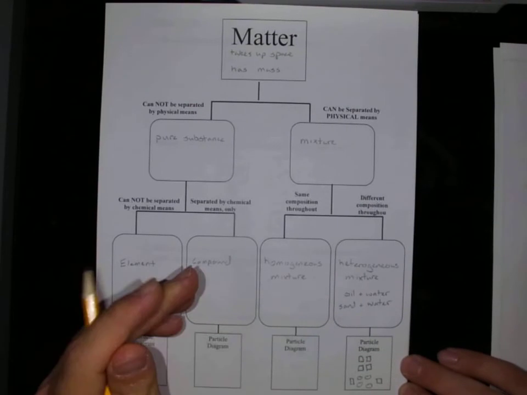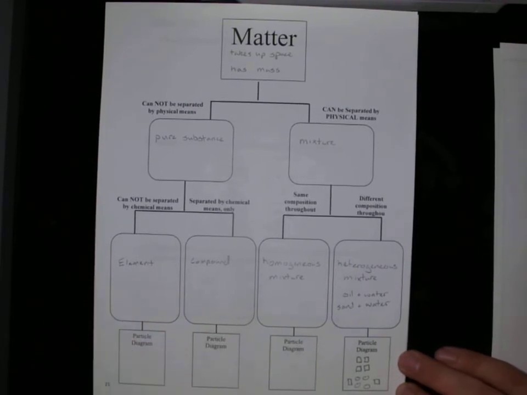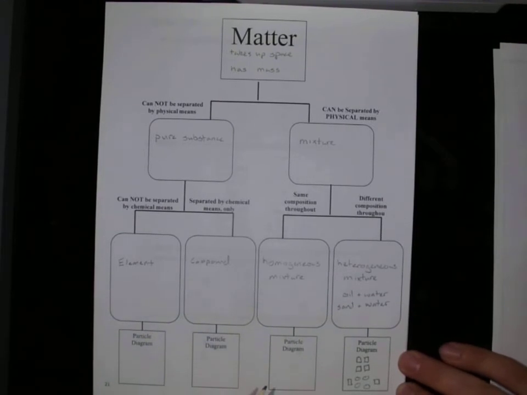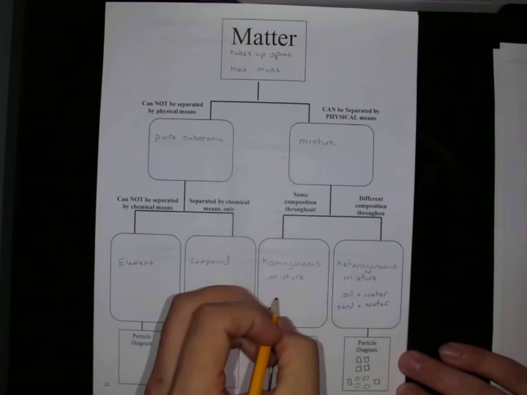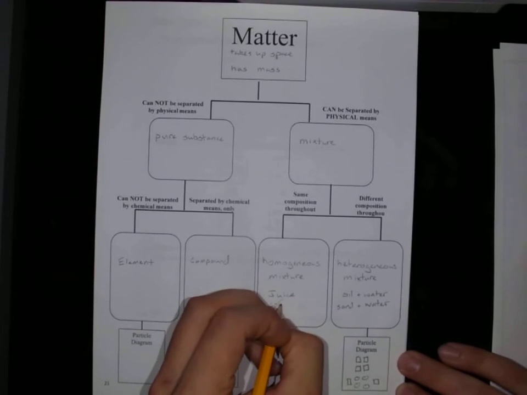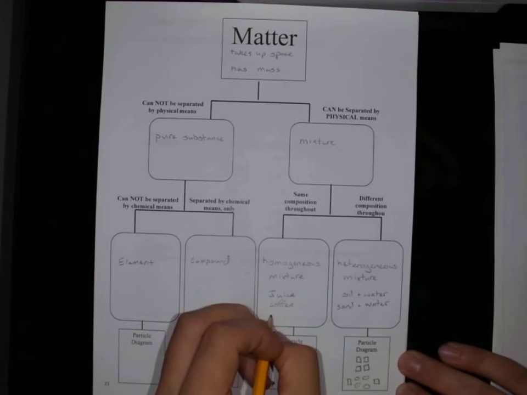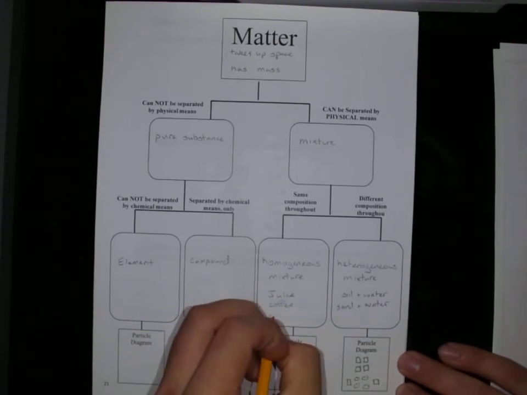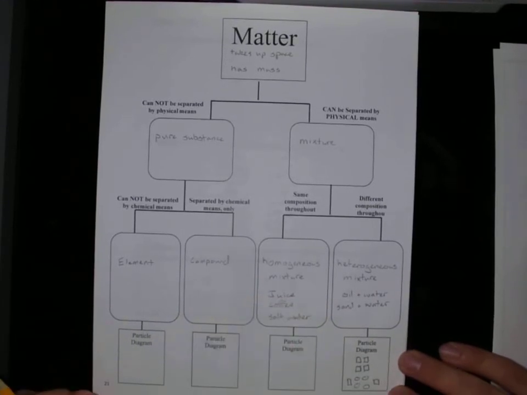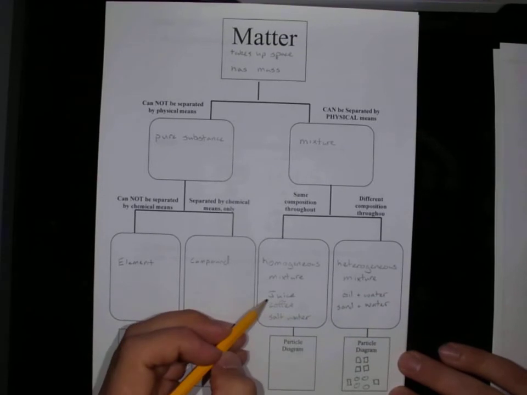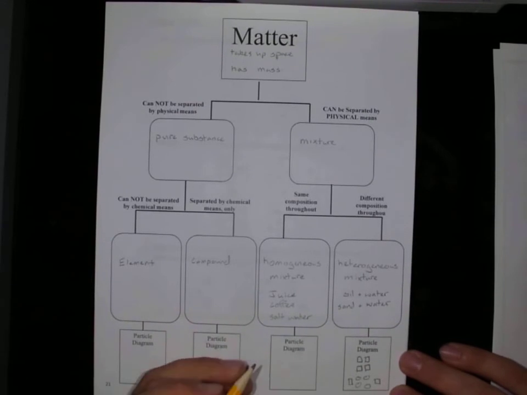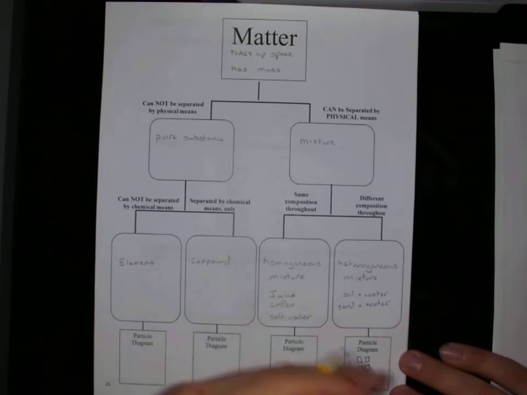Our homogeneous mixture, an example for this would maybe be something like our soda or our juice, where it's going to taste hopefully the exact same at the very beginning as it does at the end, right? So if we have juice, or maybe we have coffee, or maybe we have salt water, it's going to be the exact same all the way throughout. So when we start our juice at the beginning, it should be the exact same when we finish that juice at the end. So our particle diagram for this needs to symbolize that it's even, or it's the exact same